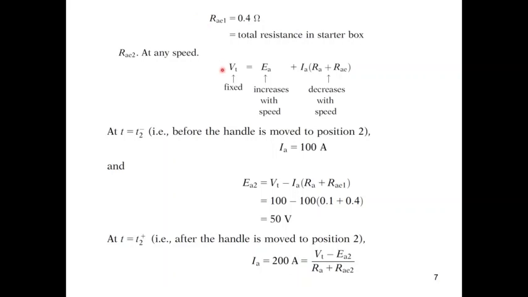As you can see, V terminal equals EA plus IA times (RA plus R rheostat), okay? And we can give the value of the armature current. So at T equals T2 minus, which means the current is 100 amps, we can substitute now in the relation and give